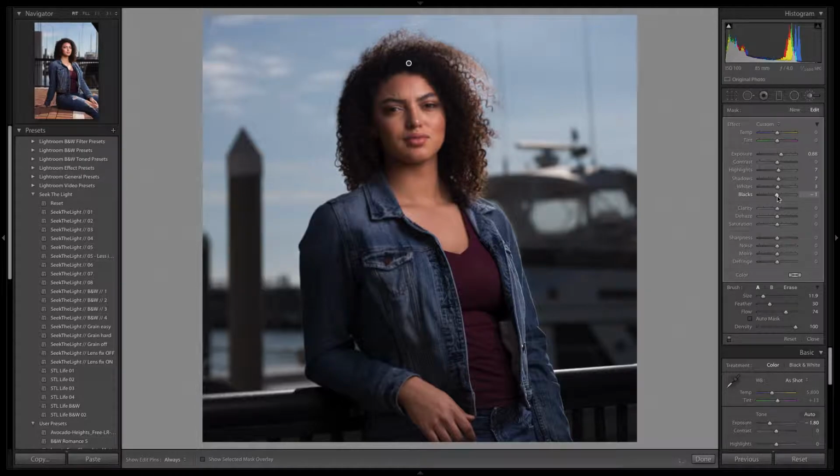Adjusted the shadows, the whites, the blacks a little bit. But you can also adjust the clarity. You can actually adjust the saturation. So say if I was wanting to make my model look much cooler temperature-wise, then you bring it